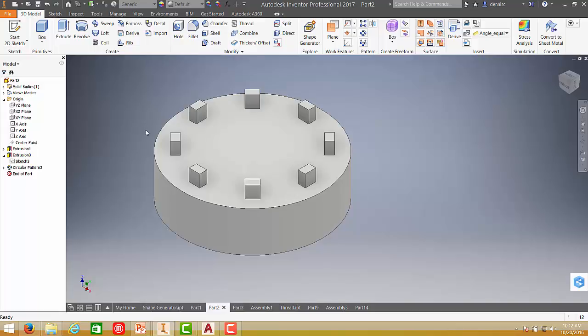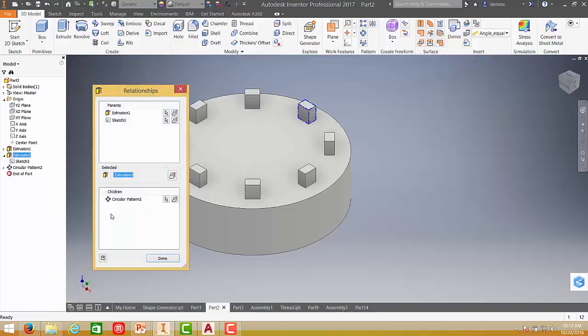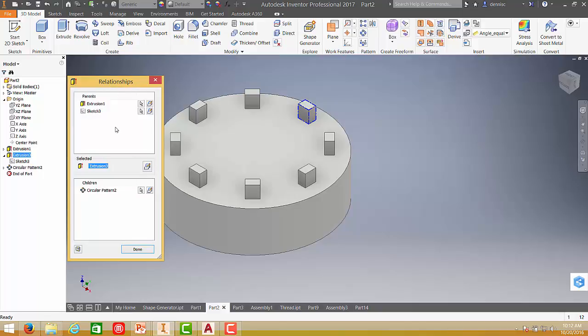Another enhancement in part creation is the parent-child relationship. So if I right click on the extrusion and select relationships, a pop-up dialog box will show, and here I can see the parent and the child.